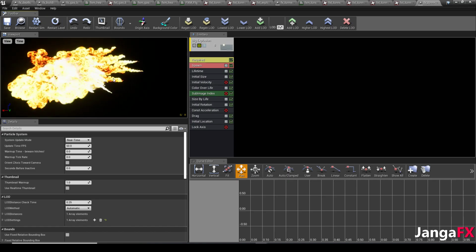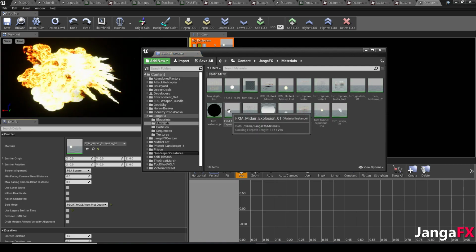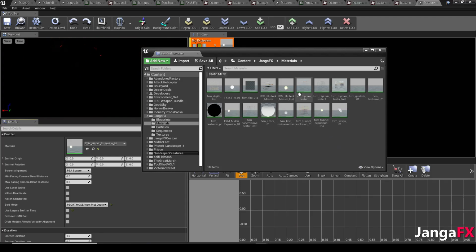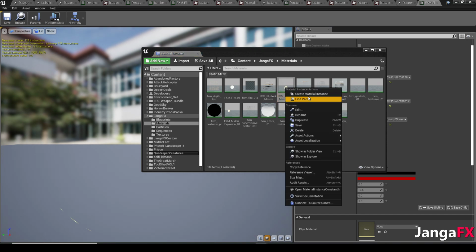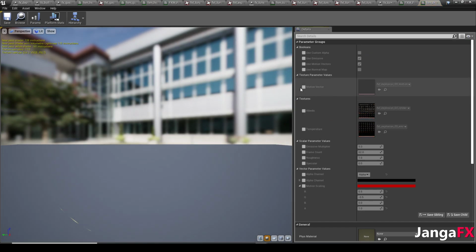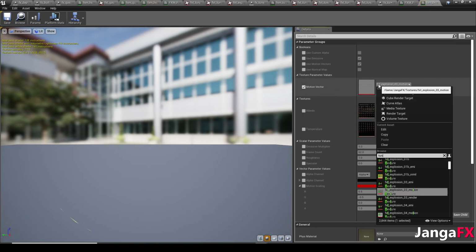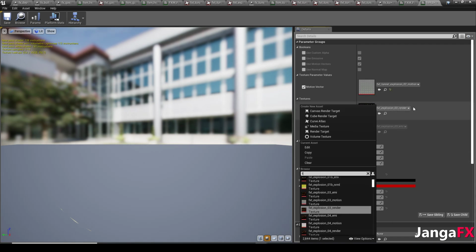So from here, we've got this similar explosion. Let's go ahead and get the actual explosion going on. So we're going to just, once again, create another material instance from this one, since this is the one that worked. So create material instance, FXM, tunnel explosion O2, I believe is what we should name it. So we got that. We can go here. We'll change our motion vector to tunnel O2 motion. We'll go to albedo tunnel